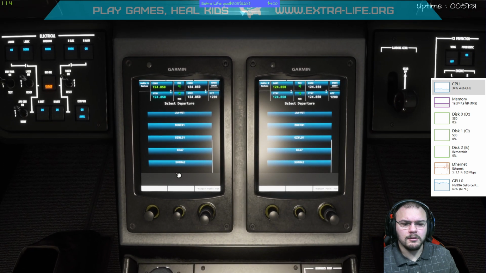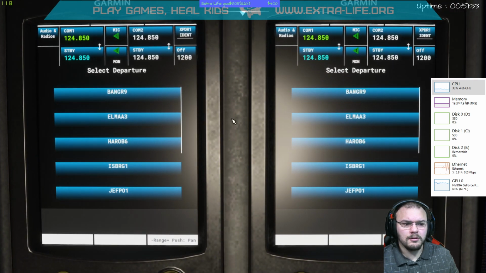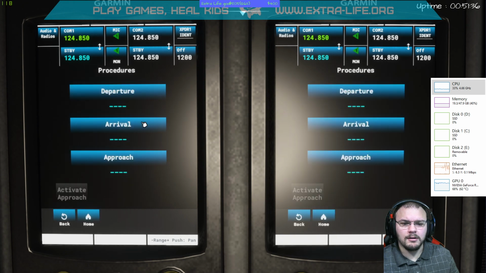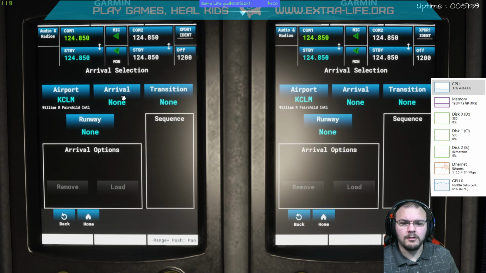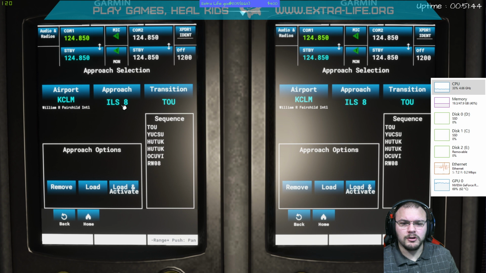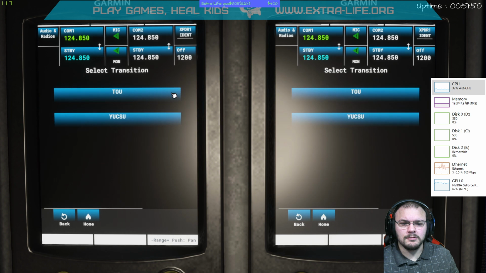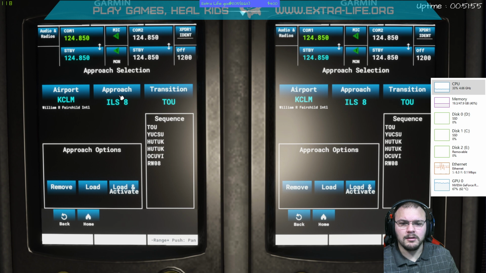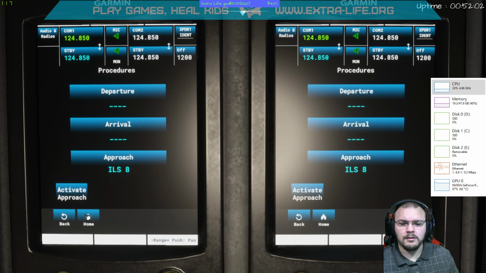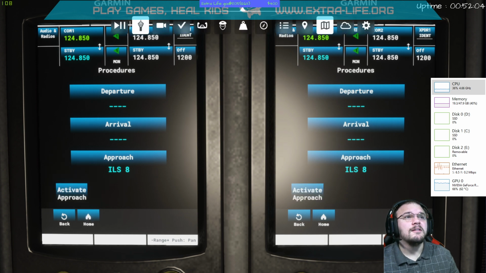Home. Arrival. Approach ILS 8. Transition. So let's take a look at the map. All right, let's get